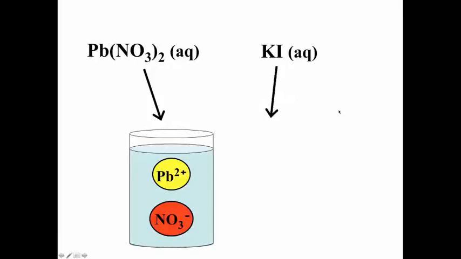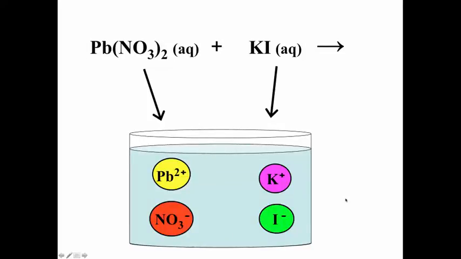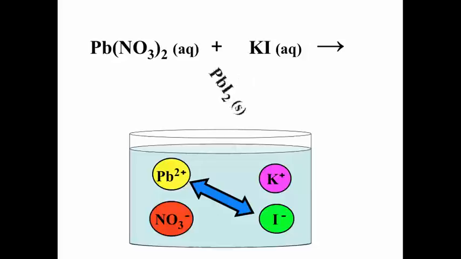Same idea for KI, potassium iodide. The solution would contain potassium ions, K+, and iodide ions, I-, and lots and lots of them. Mix the two solutions together. Remember that these ions are free to move about throughout the solution, and you might notice that Pb2+ ions from the lead nitrate might possibly attract to the I- ions from the potassium iodide. Similarly, K+ might attract to NO3-, and so possible products are the combinations of Pb2+ with I- or K+